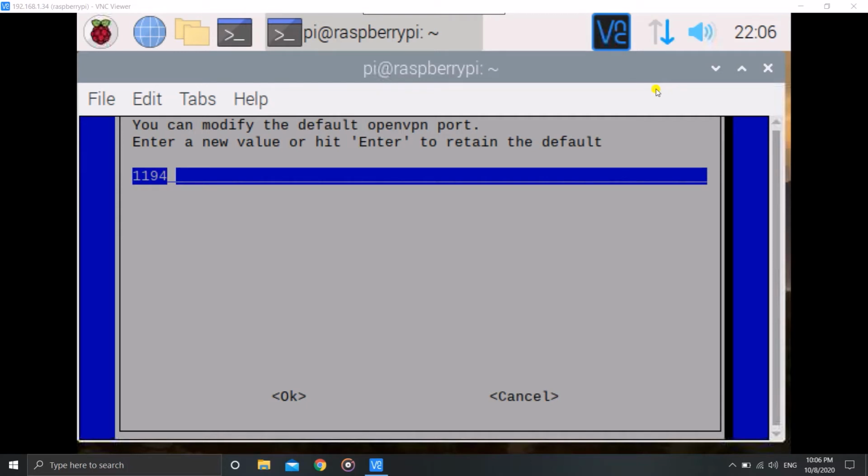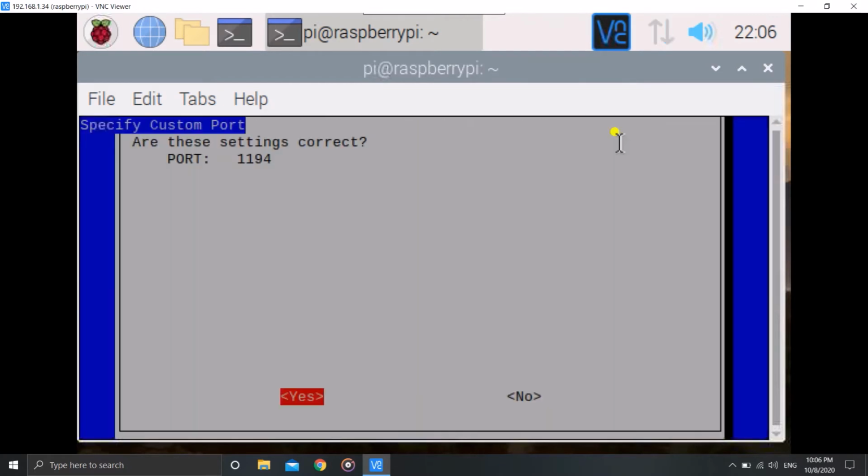So just hit enter. Now I won't modify the port, let it be 1194. Yeah, I have to bring the mouse pointer on and click once in VNC viewer, or else the enter key acts as if I am using it on the Windows side. So I have to click it. Yes, so done. Now hit enter. Port is 1194, it's correct, so I'll hit enter again.